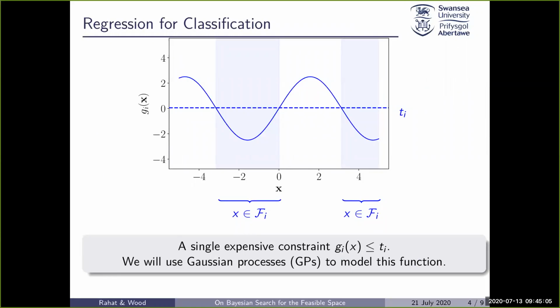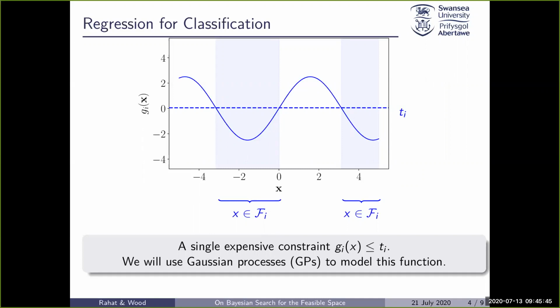Okay, so here we are given a function gi of x, and this is shown with the solid blue line, and it has a threshold ti, which is just above 0. So we have to make sure that we can determine the feasible space, which is these light blue regions where the function response goes below ti. What we are going to do now is build a Gaussian process model for this gi of x. And Gaussian processes are a form of Bayesian modeling technique,